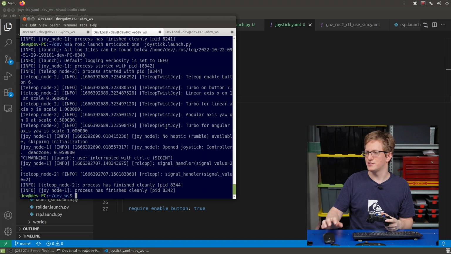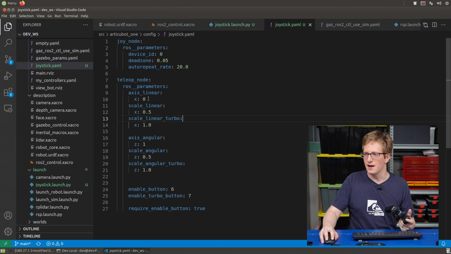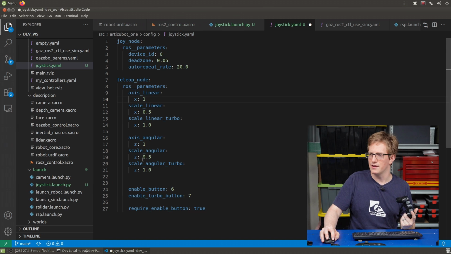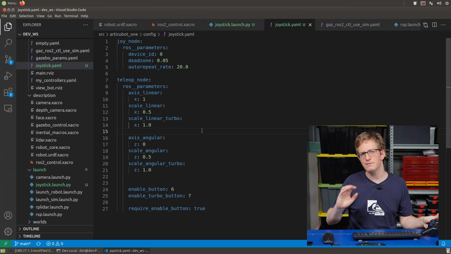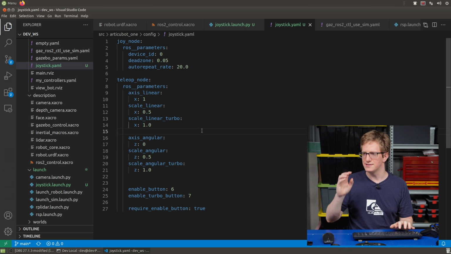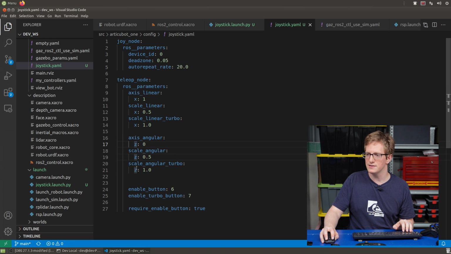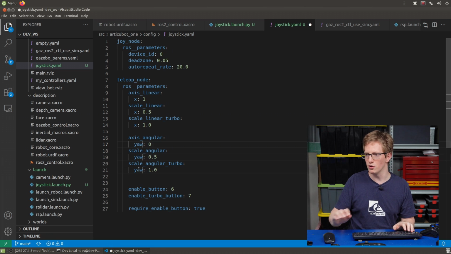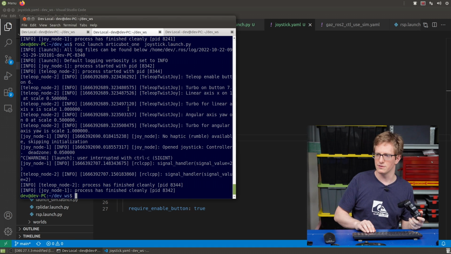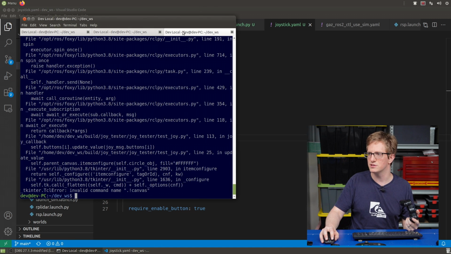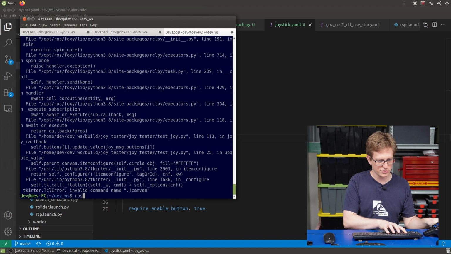Before we go any further, just a couple of mistakes I realized I made. I got the axes the wrong way around. Our X was meant to be 1 and our Z was 0, they were flipped. And then also, even though in the twist message our angular ones are specified by the axis name, in teleop twist joy, this is called pitch, roll and yaw, not Z. So with those fixed, I'm just going to rerun our joystick launch, and then I'm going to type ROS2